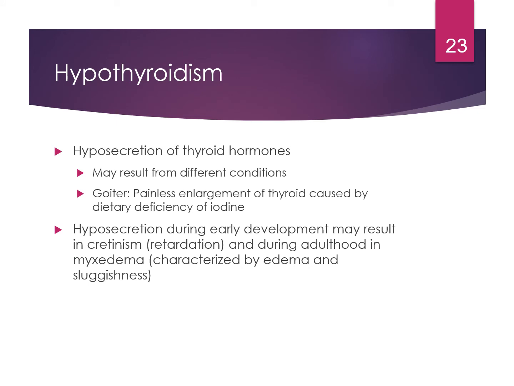Hypothyroidism is an undersecretion of thyroid hormones, and there's a variety of different conditions that can cause hypothyroidism. Primarily, it's low dietary intake of iodine, and this causes something called a simple goiter, and I have a picture of it on the next page. But in reaction to low dietary intake of iodine, the thyroid gland will enlarge itself to try to compensate for the lack of iodine. This typically, when it occurs in the formative years, it can cause something called cretinism, and